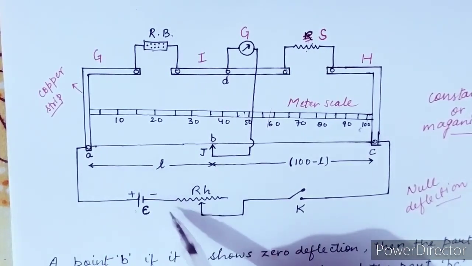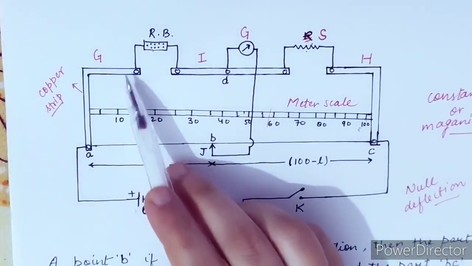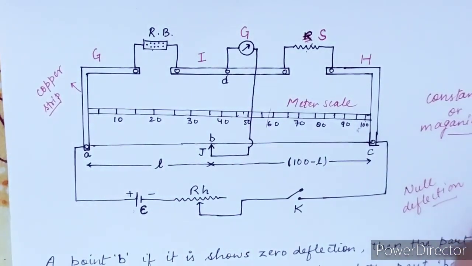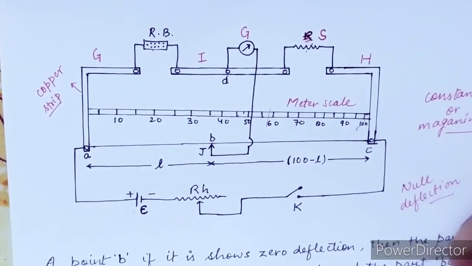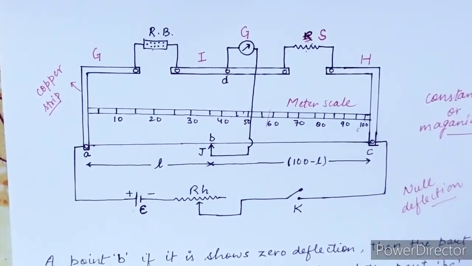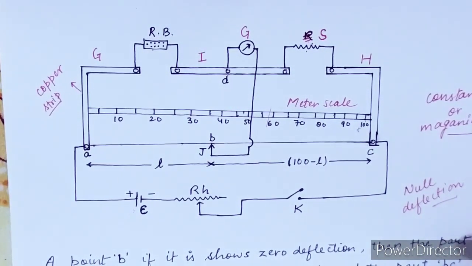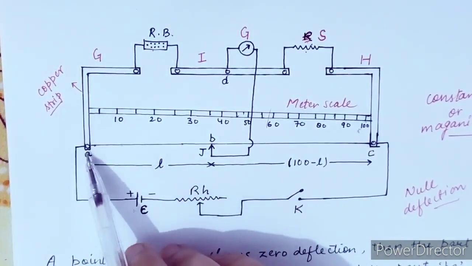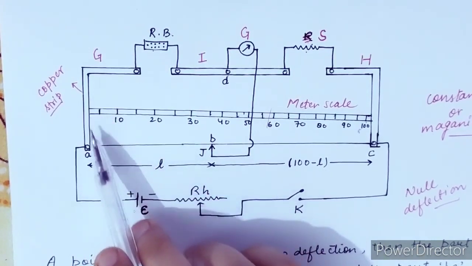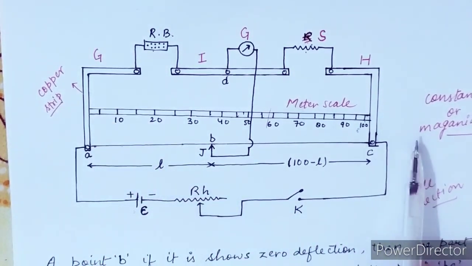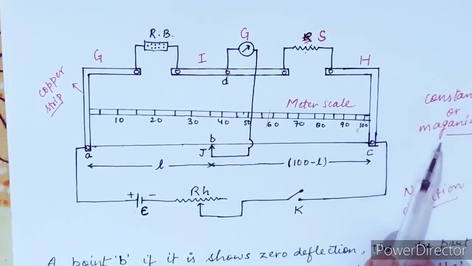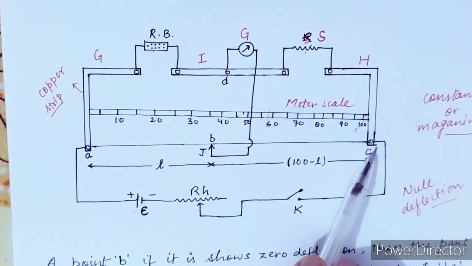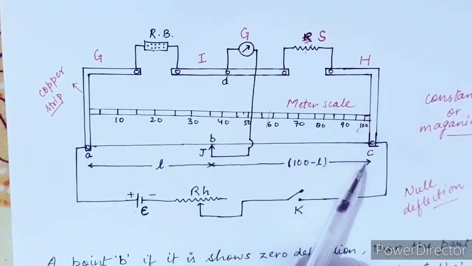Because as the current starts to flow from this direction, resistance will be there. It would not give us the proper value, as they have resistance but not in much quantity. And as we know that copper is a metal, and metal has a malleable property, so it can be converted into a thin shape also. The wire is of Constantan or Manganin. Copper L-shaped strips are connected through screws A and C.